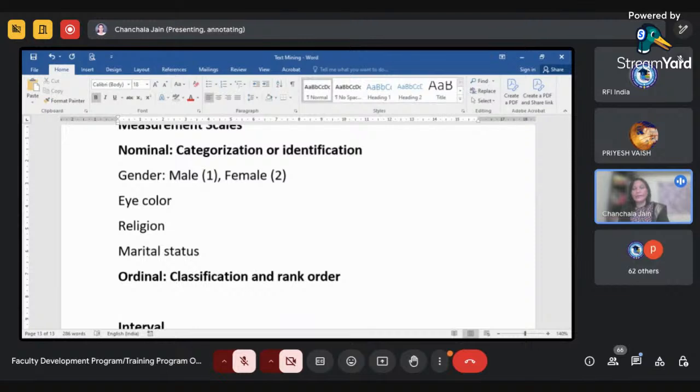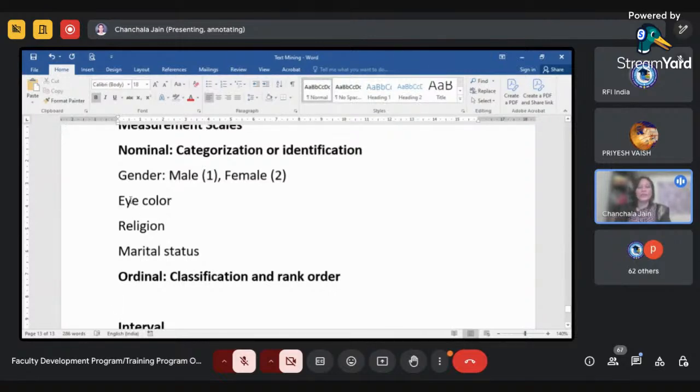I can arrange the ranks in ascending or descending order, right? Say you give respondents the choices of 5 products and ask them to rank these products. How many people give rank 1 to a particular product? That is a classification. And on the basis of their ranks, you can arrange them in ascending and descending order also. This is known as the ordinal scale.